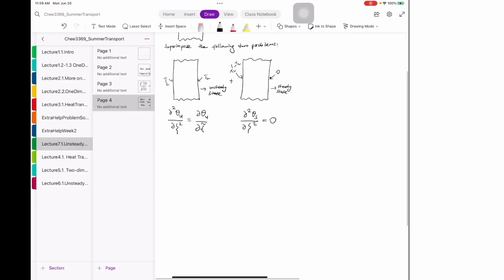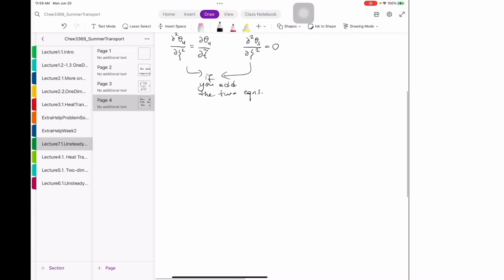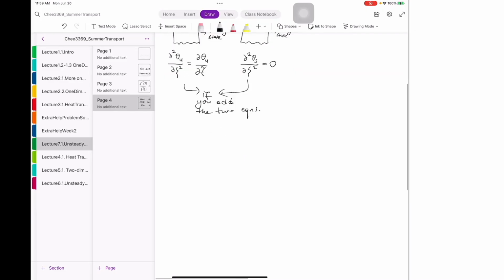Okay. And if you add the two equations, you would get the following. Del squared (theta u plus theta s) over del psi squared is equal to del (theta u plus theta s) divided by del